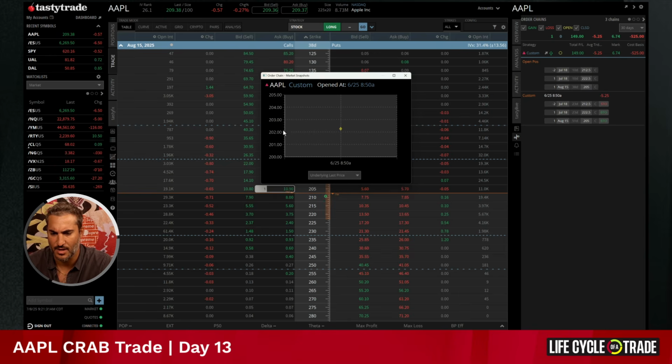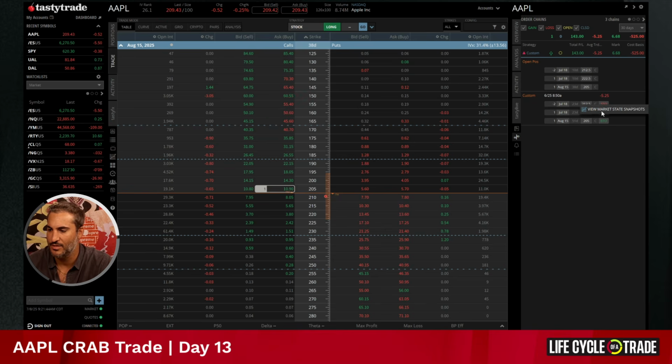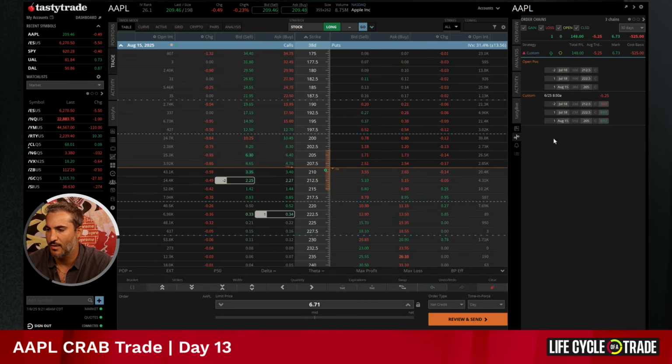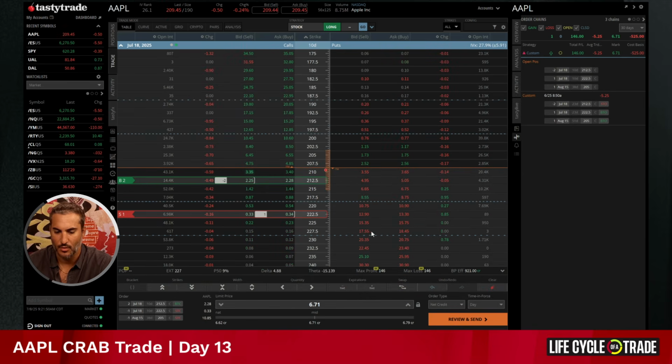We can look at the underlying price. The stock was trading at 202. So it was a nice little rally. We've had about a 7-point rally given where the stock is currently. So we had a little bit of long delta. We did it in a very capital efficient way. This position, which you can close directly from the order chains here, it's now got about 4 short deltas,